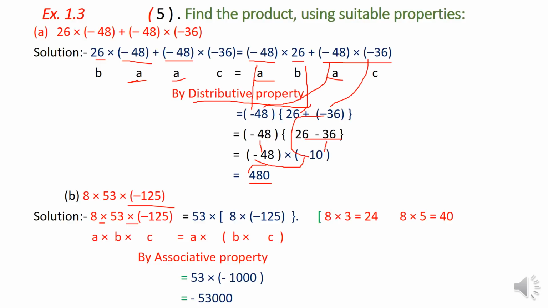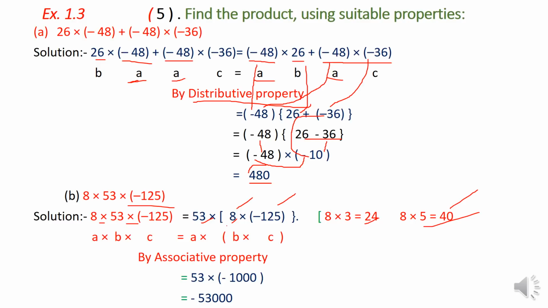Now, the question is how to associate or group the numbers. For that, we have to take the product of their ones digits. So here 3 and 8, I am considering the product. This will become 24. Now, the second pair is 8 and 5, and their product will become 40. So in the second product you are getting 0 at the ones place. Wherever you get 0 at the ones place, the multiplication always becomes easier.